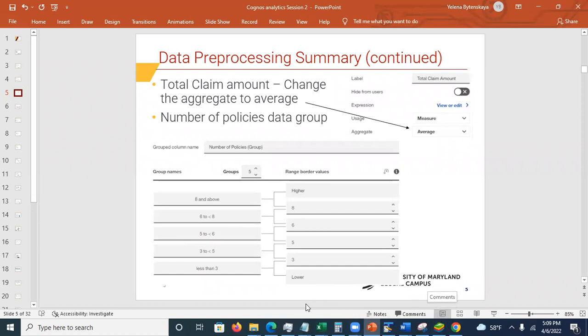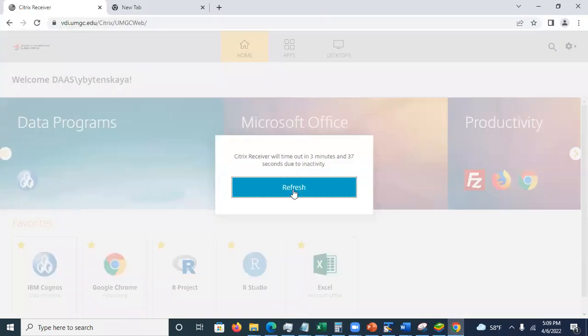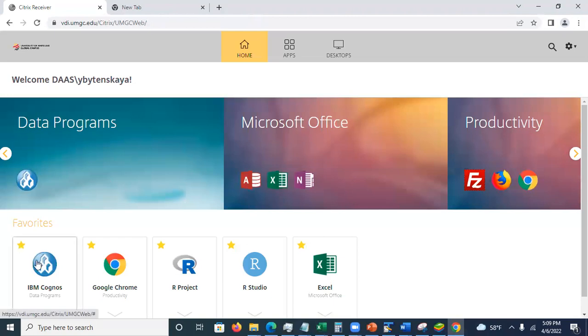What else did we do last time? We did something called data exploration. Here, the session timed out, not a problem. I'm going to log back in, not a big issue. I'm going to launch Cognos Analytics, and instead of going to my actual admin account, I'm going to go into my demo account. If you guys recall,